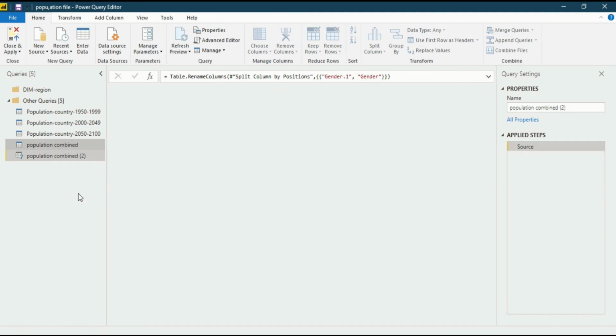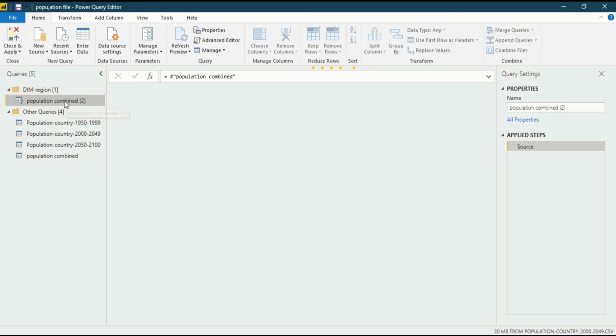You will see a new file will open up, that is population combined 2. It will take a few seconds to compile. At this time we can transfer this file into the dim region. How to do that? You just have to click on population combined 2, and drag and drop it into the dim region. You will see the file has been transferred to the dim region.